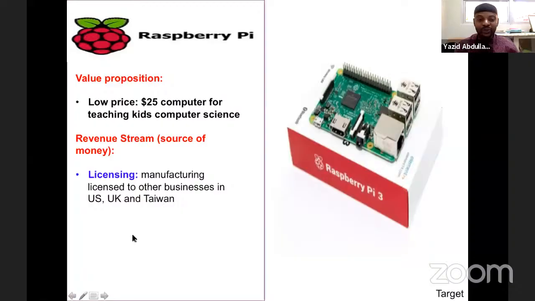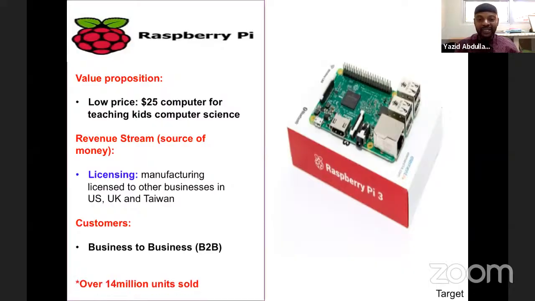So because of that, we now say this company is business to business, because primarily they make their money from the businesses that license the design. So businesses license the design. Those businesses are in US, UK, and Taiwan. They do the manufacturing and they give them royalties in return. So you call this business to business. And the last example we take before we start the lecture